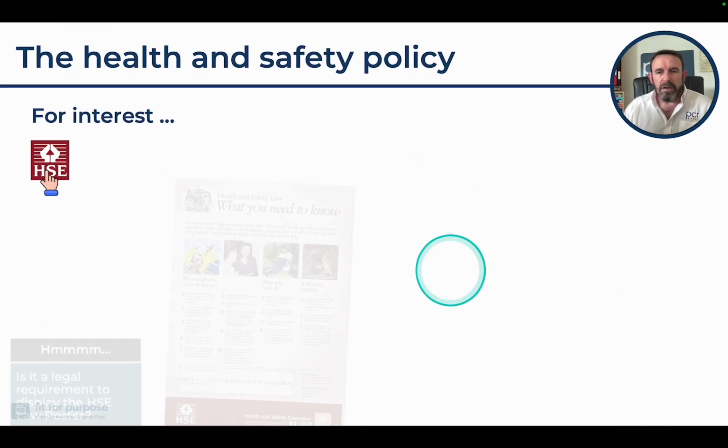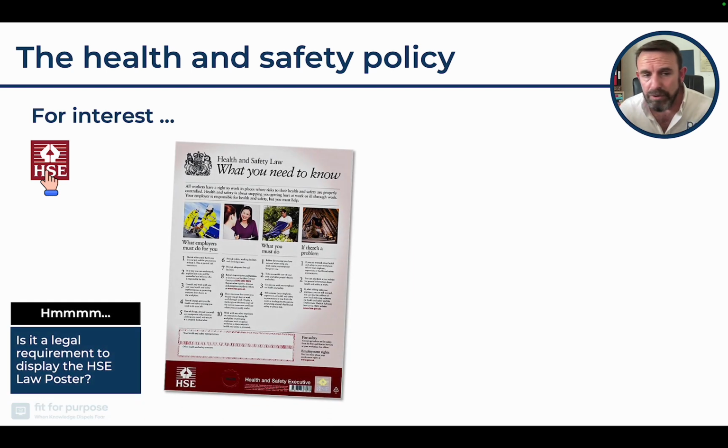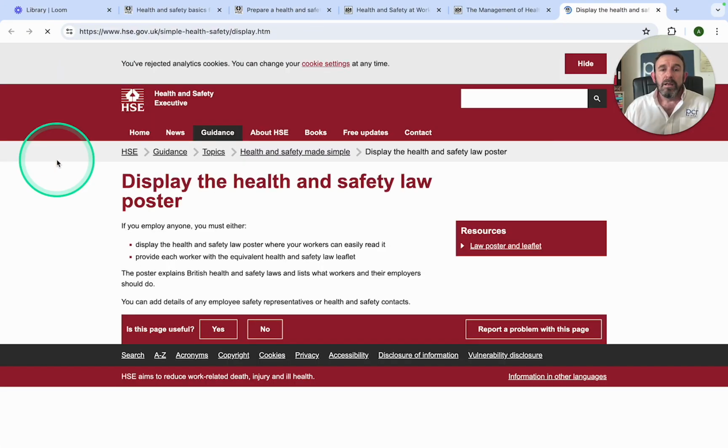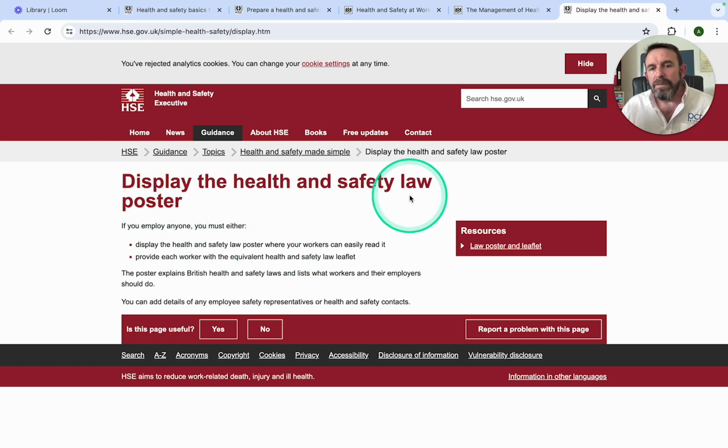Out of interest, because we're nearly at the end of this first introductory module: is it a legal requirement to display the health and safety law poster? Quite often I see managers or consultants having this down as a requirement to have it displayed. But if we lean back into the HSE website, we can see "Display the health and safety law poster. If you employ anyone, you must either display the poster or provide each worker with equivalent health and safety law